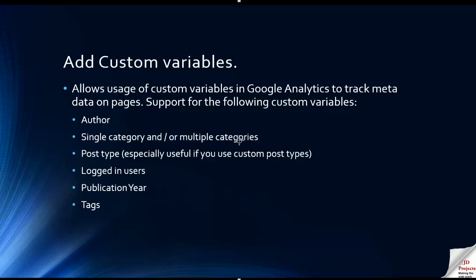So the really neat thing about this is not only does it record the normal visitor stats that you'll see in Google, but it adds something called custom variables. Now custom variables are a way of appending bits of data onto the end of the tracking. Some of the things you can create as custom variables with this plugin are the sort of things that are special for WordPress. For instance, if you've got multiple authors, you could track the author code. Therefore you can analyze which authors get the most views. You could look at analyzing the categories or the post type. So you can look between page posts and normal